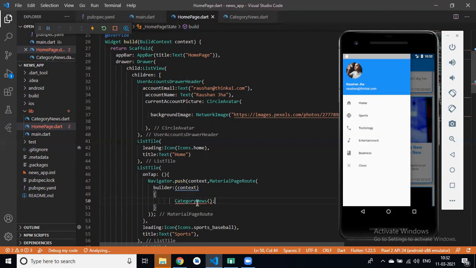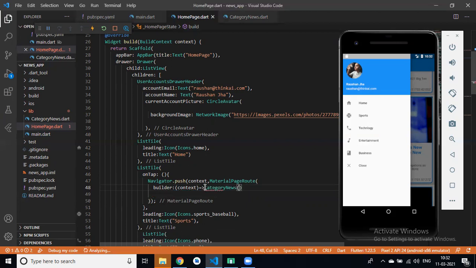We can go with a single line using the fat arrow function. Yes, we can give a fat arrow. Category news.